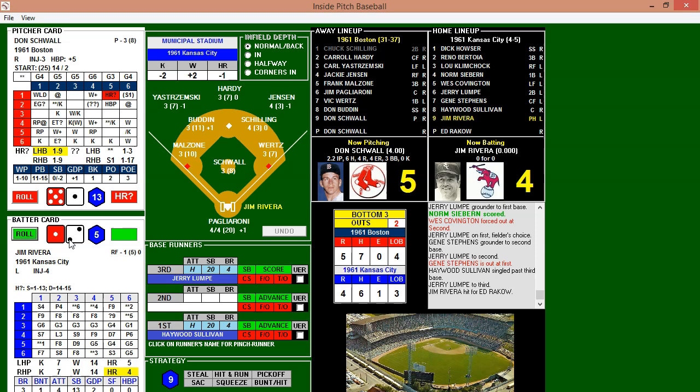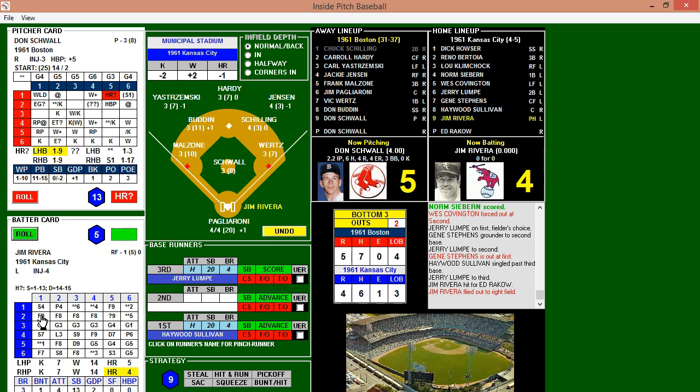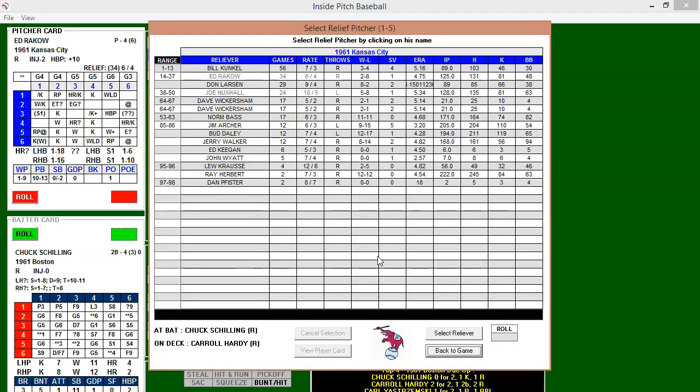He's back in there. Here's the pitch. This one hit to right also. This one will stay fair. And Jensen will make the catch to end the inning. So the Red Sox hold on to the lead. Now a 5-4 game.